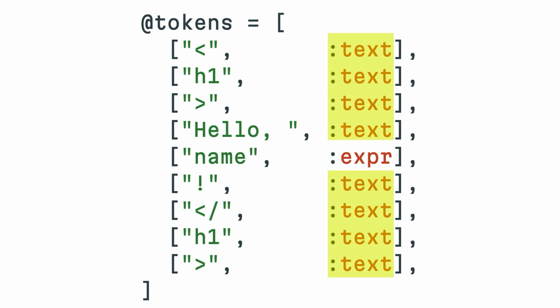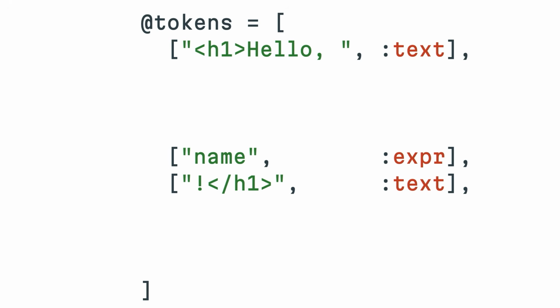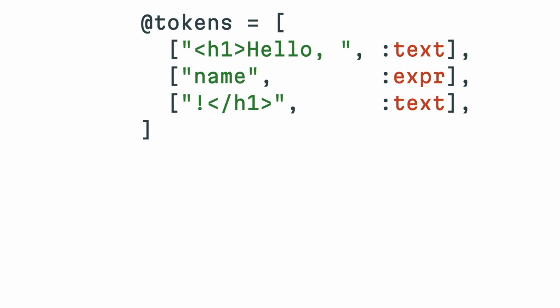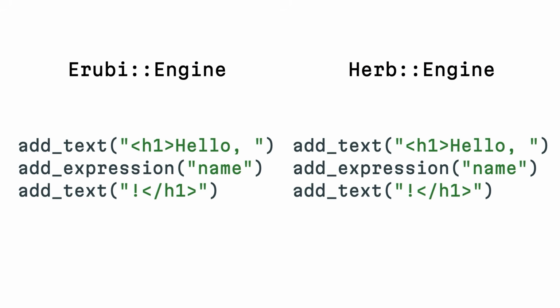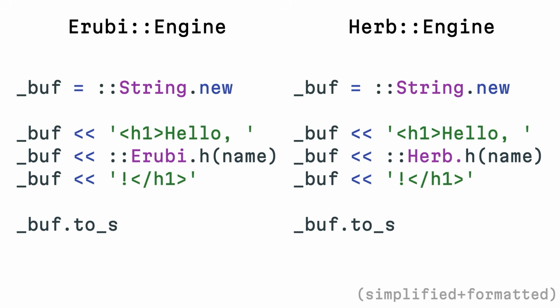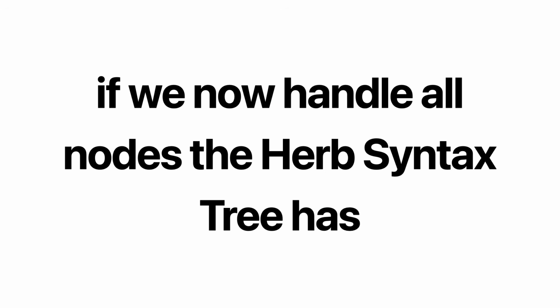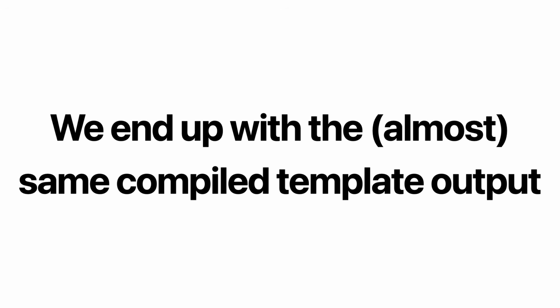If you look at those now, we see we have a bunch of consecutive text tokens. So before we compile the templates, we can compact them into one individual token. And then we have something very similar to eRuby. And if we now try to compile this again, it will produce pretty much the same output. So if we handle all these different node types that Herb has, we end up with almost the same compiled